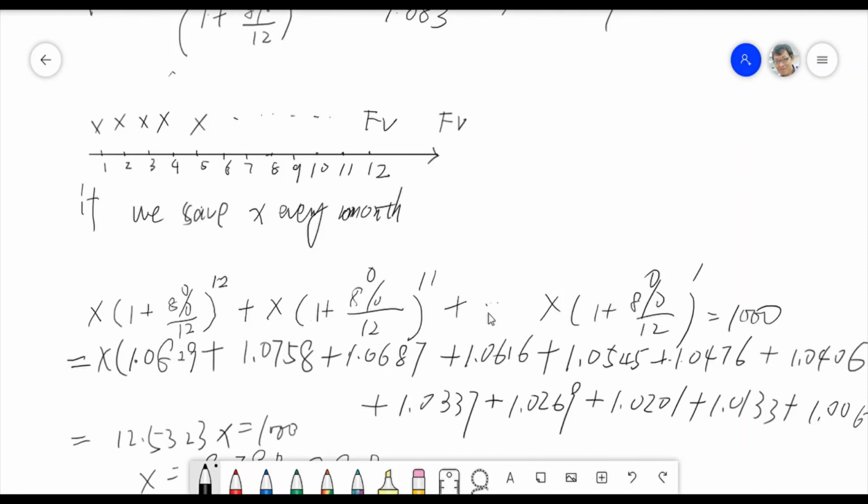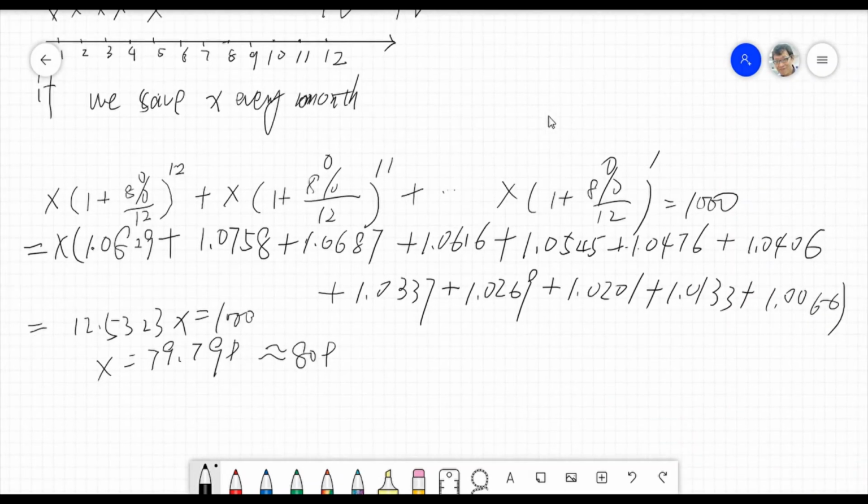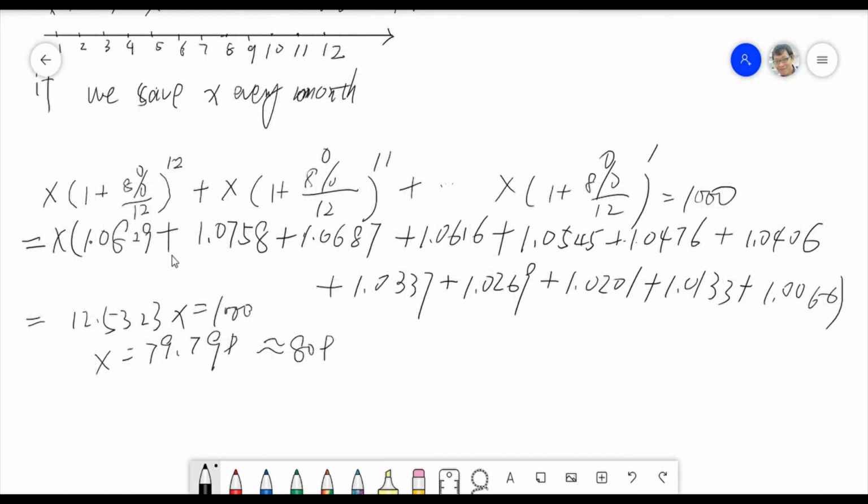March will be 10 months, until the 12th, at the beginning of December, we just have 1 month of interest. So totally the future value is 1,000. Don't learn from me, this is very tiresome. That's why I did not calculate it while doing this, I did it before. So you see that totally 12, right? And then finally I got